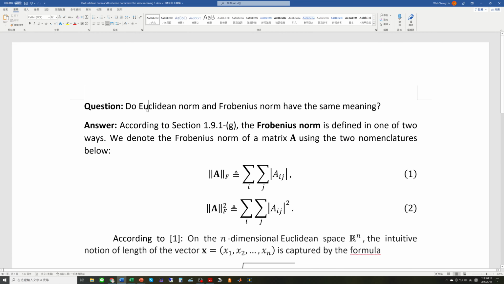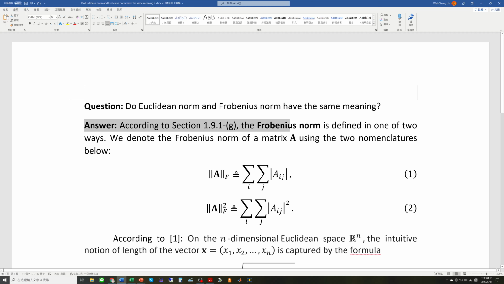So let us see the blackboard. Because I do not have a blackboard with me, I use Microsoft Word instead. So the question is, do Euclidean norm and Frobenius norm have the same meaning? This is my answer. According to section